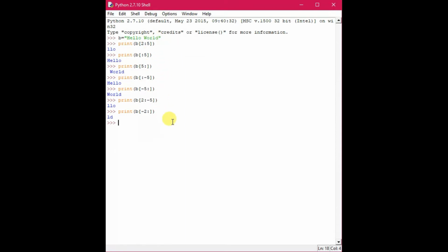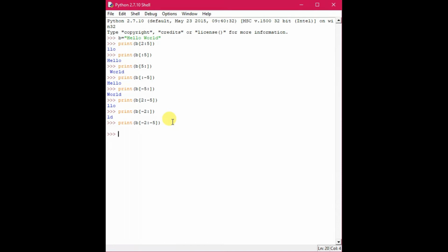All right, now print b[-2:-5]. Let's see what is happening now. So no output has been generated.